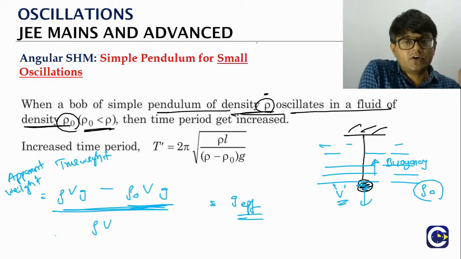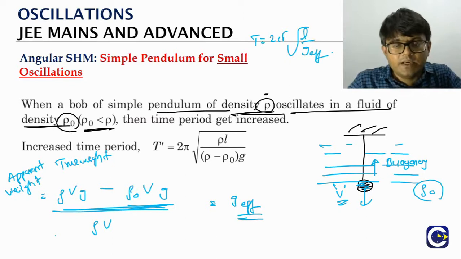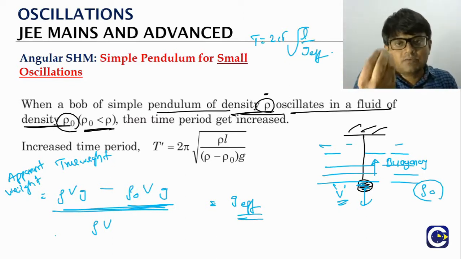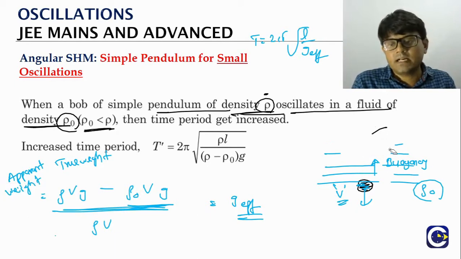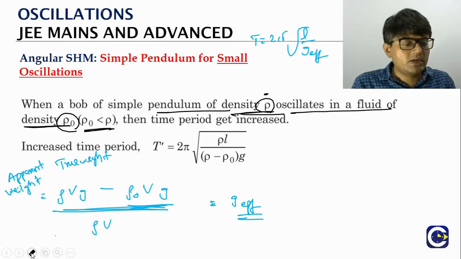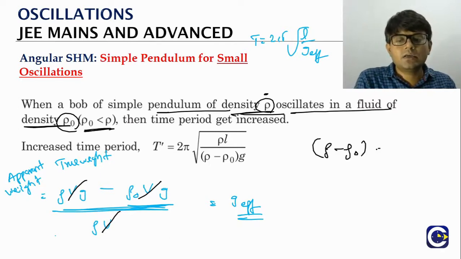So the period of oscillation formula will be 2 pi root L by g effective. Because of the immersion in the fluid, the effective g value here will be reduced. Why? Think of it. Because of buoyancy, the net acceleration downwards is simply reduced. So I'll just erase this part and write the final answer over here. What is the g effective value? V gets cancelled. Then what we'll have is (rho minus rho naught) into g by rho. That is our g effective.